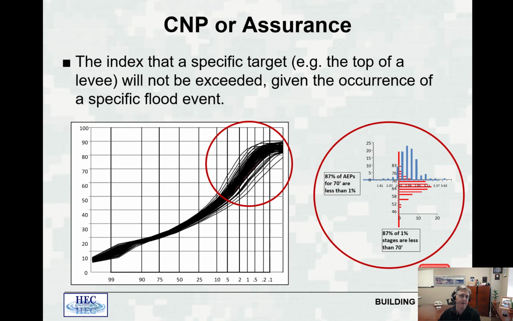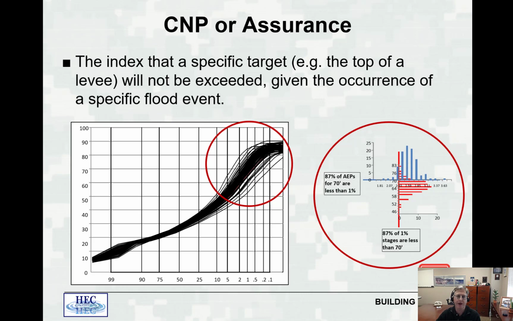So the conditional non-exceedance probability, or assurance, is that index at a specific target or stage, the top of the levee, will not be exceeded given the occurrence of a specified flood event. In the red circle on the right-hand side of the figure, we typically look at assurance as the red scale, where we say, well, 87% of the 1% stages, or the 1% flood, or the 100-year flood, are less than 70 feet. So let's say the top of your levee is 70 feet. I can say that we have an 87% assurance, or 87% probability of containing